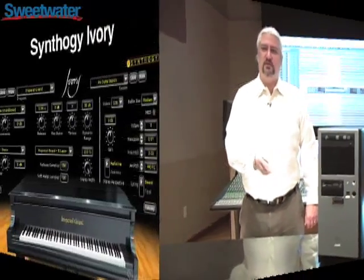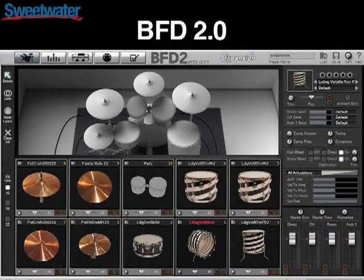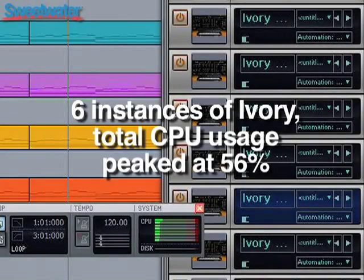To test the capabilities of the Creation Station Tower, we used Synthogy Ivory, which is a virtual piano, and we used FXpansion BFD 2.0, which is a percussion sample playback plugin. We created a session where we loaded up 6 instances of Ivory. Each of those instances had its own independent, fully loaded piano, and we found we were only using 56% of